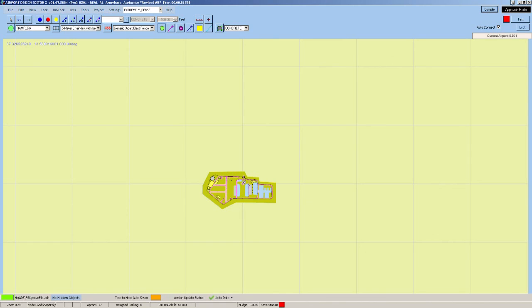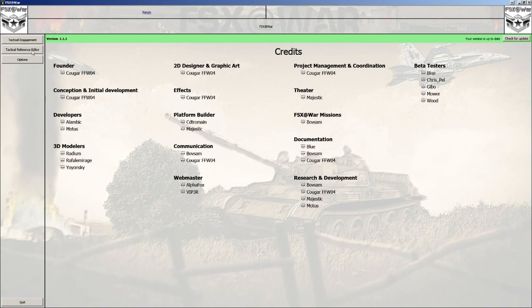So the next step is to go check in your FSX. But before you do, we've changed the position. So we have to tell FSX War what the new position is. Otherwise, it's not going to know where it's at. So what you want to do is go all the way out and make sure that you're out. Go back into